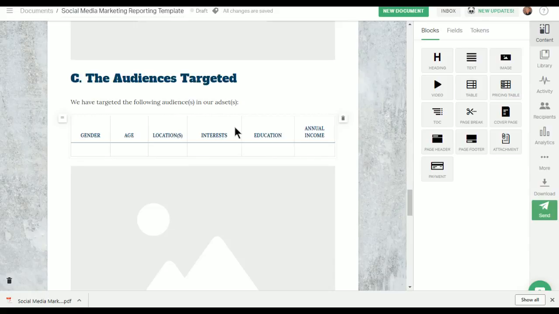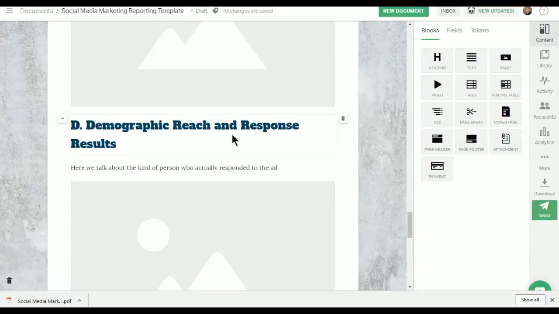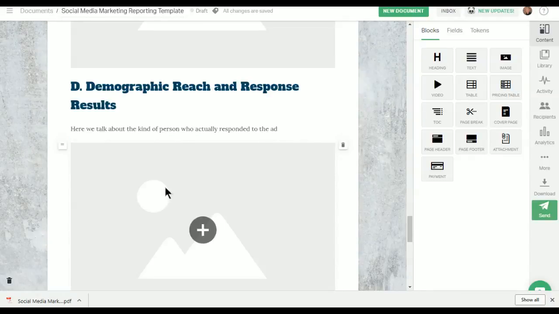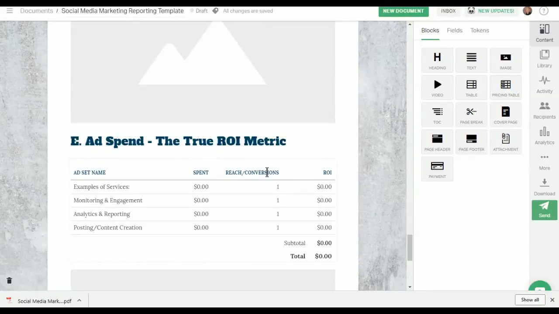That way, when the time comes to send the report, it's very easy for us to drop in the results. So what's the demographic we're targeting? What's the demographic that actually responded? Biometrics is what everyone really cares about. So how much did they spend? What kind of results did they get? Reach, impressions, conversions. If you want to add a new column, you can do this at the document level, which is where I am right now, or if you think there's a column that needs to be used